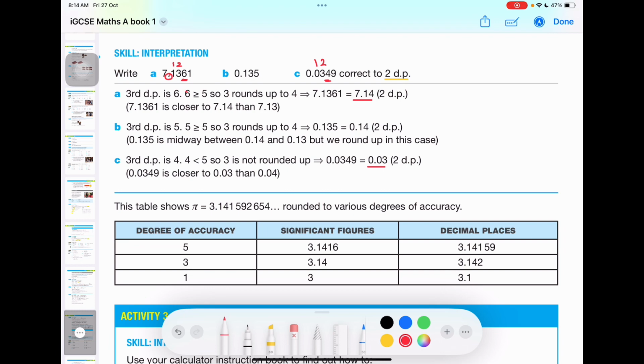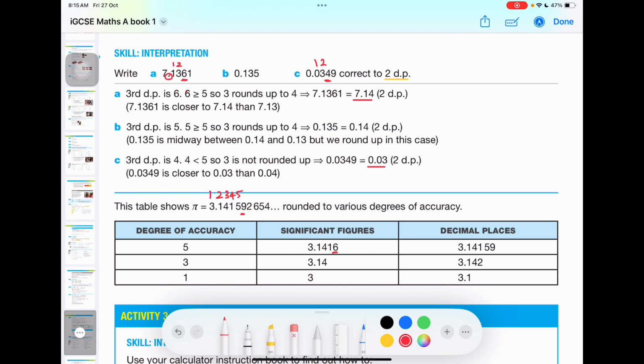For 5 significant figures, we always start from the left-hand side with the first 5 non-zero digits, so 1, 2, 3, 4, 5. To determine the first 5 significant figures, we look at number 6, because 6 is greater than 5. Therefore, we round it upwards